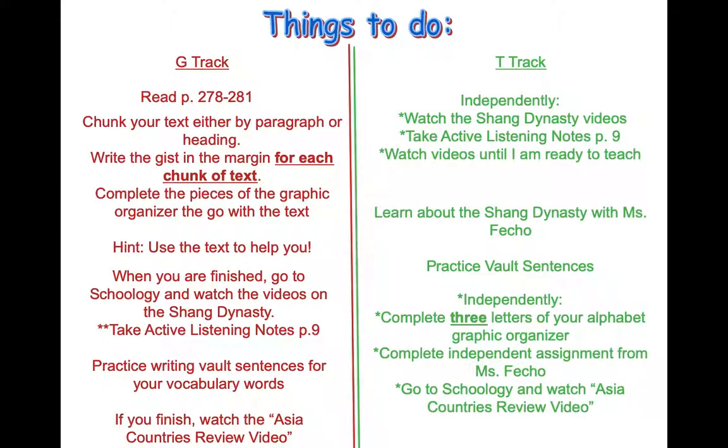There are guiding questions there as well. So if you forget how to do that, please go to your green section and find it. It has an owl at the top. It says tips for annotating texts to remind you how to do that. Remember G-Track, that's the work. And then the graphic organizer is just there to help you